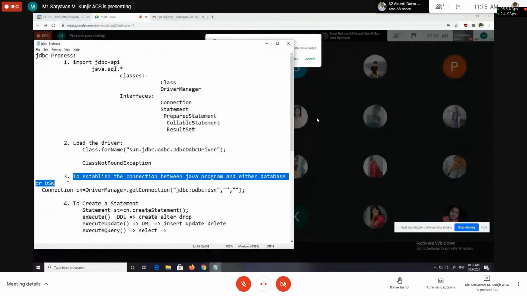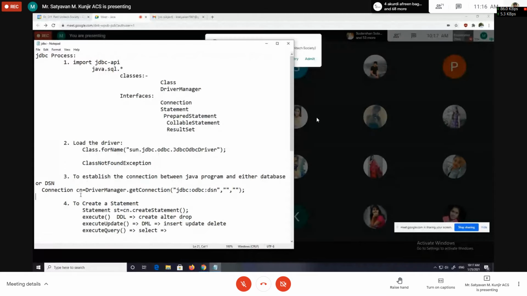ठीक है, मतलब आपको जावा प्रोग्राम और एक्सेस की कनेक्टिविटी करनी है, then we cannot connect the Access database directly with the Java program. So first what we have to do is create a DSN of the Access database. एक बार आपको उसका DSN बनाना पड़ता है, and then we can connect the Java program and DSN; दोनों की आप कनेक्टिविटी कर सकते हो. ठीक है, then through programming if you want to implement it, which method do we have to use here? We have to use the getConnection method.